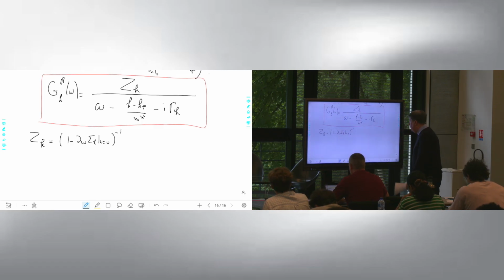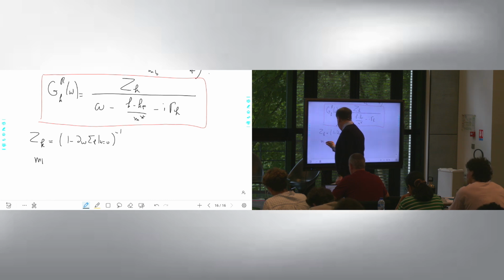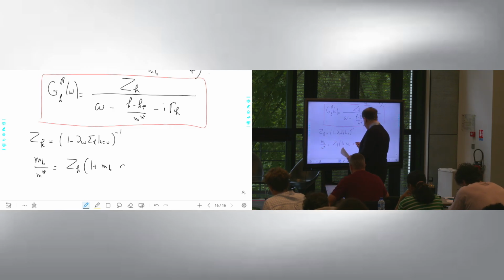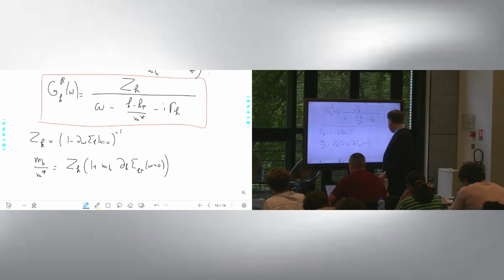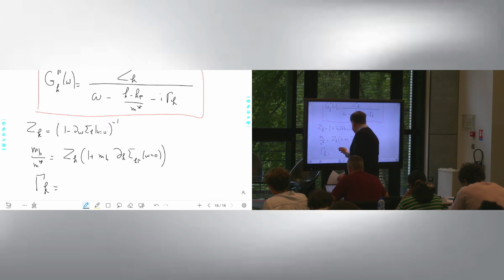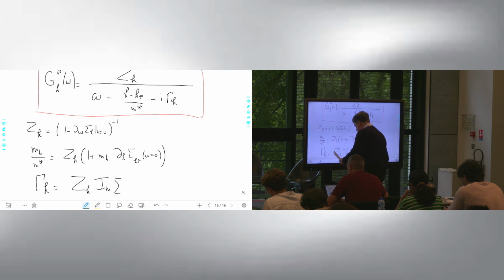That's what we saw before. mB over m star is equal to Zk times 1 plus mB dk sigma kF at omega equals 0. And gamma k is Zk times the imaginary part of sigma k at, well,